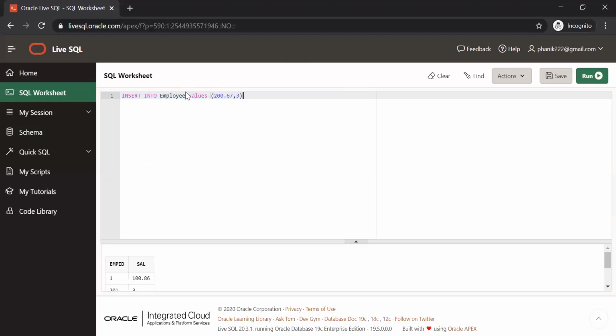So another observation is when you don't specify the columns here, it goes by the order of the columns. It will not think, okay, this is a decimal, it should go to the decimal column, this is an integer, it should go to the integer column. It does not have that understanding. If you want to insert in any order, then you need to specify it: the first value I am giving is salary and the second value I am giving is employee ID. You explicitly say so that it will understand.